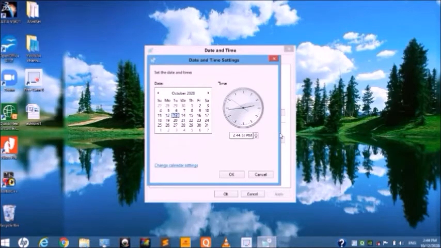Look at here, this is the clock, and this is our time here, hours, minutes, seconds, and this is AM and PM, two options. Look at here, these two up and down buttons. By using those buttons, we can change our time. Look at here, automatically the hours will be changed.